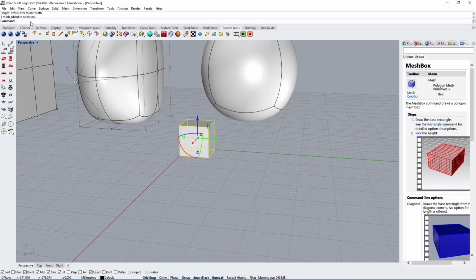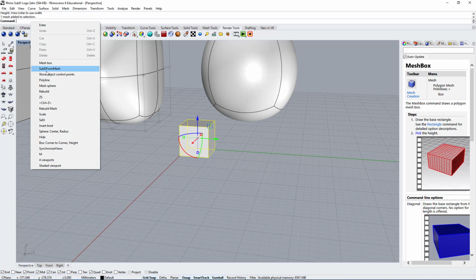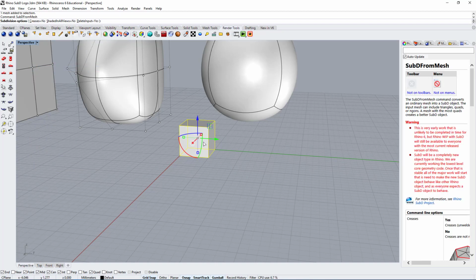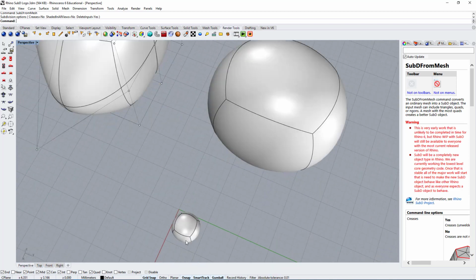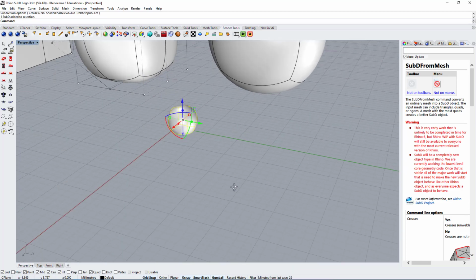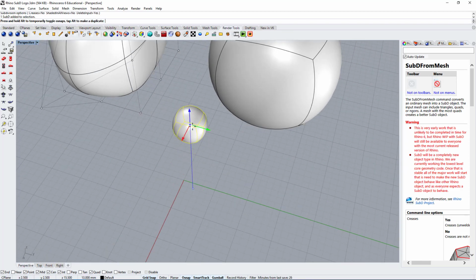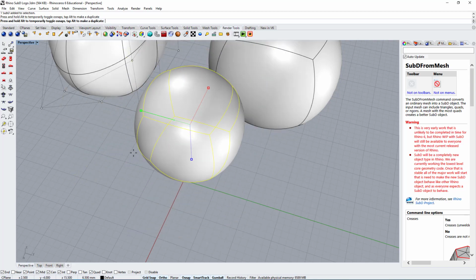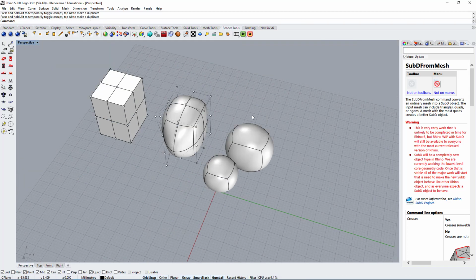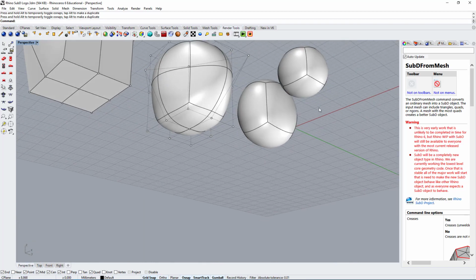And let's repeat the same command, use the sub-D from mesh, press enter, and now it converted the mesh to a sub-D object. So now we have a type of sphere. And if we want to change the scale, we can click on this handle, hold shift, and now we can increase the size.